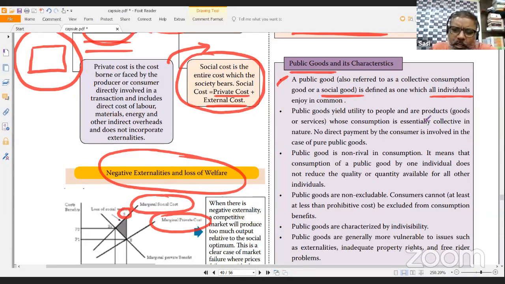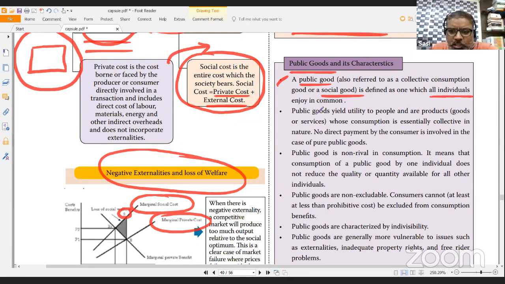Has any company or any other manufacturer or any other private market player ever constructed a road for the public? Why should he construct? Nobody does that. Has anybody constructed a private park or some public park which is available and open to anybody? Open, free? No, nobody has done that. So they don't do it. The market will not be interested in providing public goods because these are collective consumption